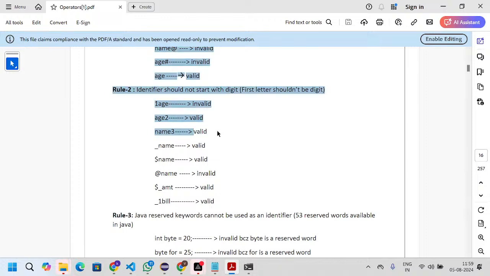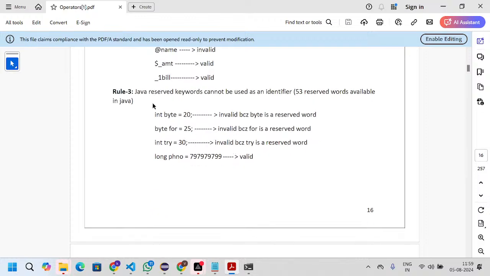This is a valid combination. A group of characters and then a number is also a valid combination. We have underscore and then a name, this is also valid. Extra dollar is also a valid combination. At the rate is an invalid combination. Why? Because at the rate is not allowed. Next, this is also valid, and this is also valid. Like this, you can try with multiple combinations.